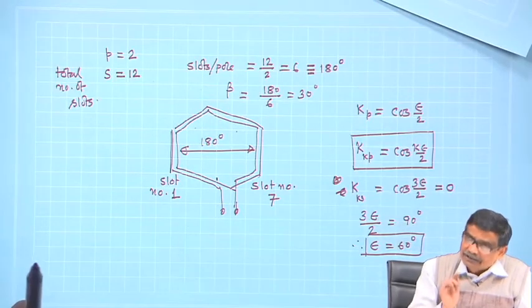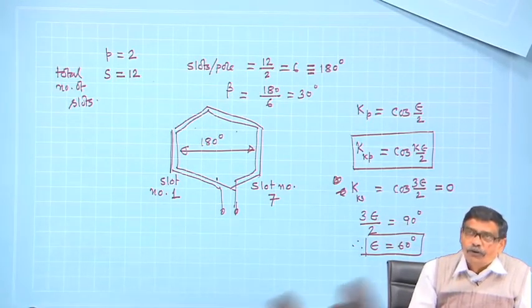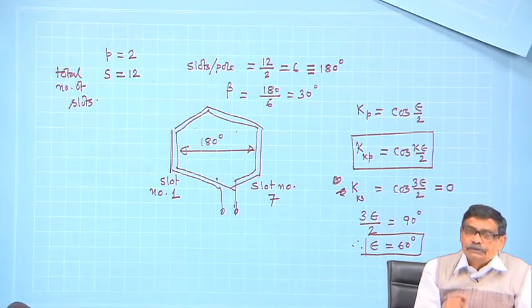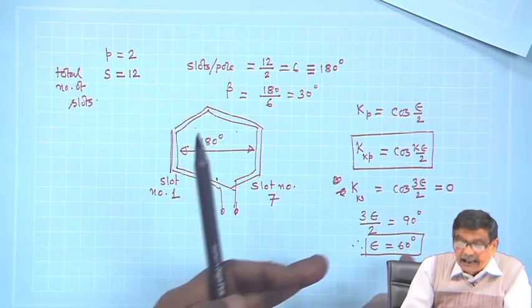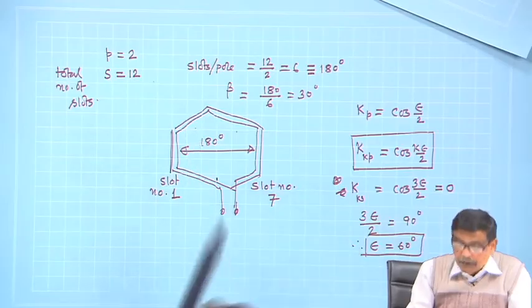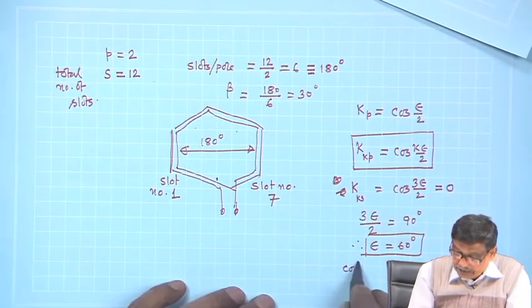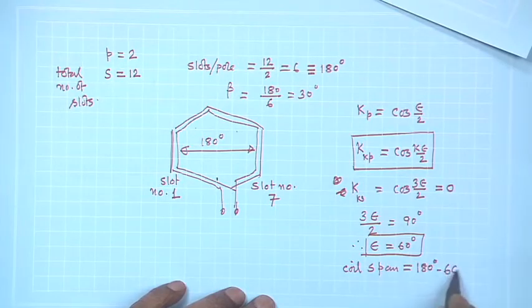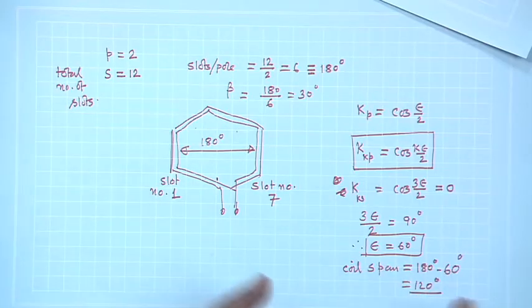In other words, what does that mean? Why will no voltage come? Because of that third harmonic poles, for this arrangement of the conductors, if you do like this coil span. So, coil span, make it 180 minus 60, and that is 120 degree, not 180 degree, 120 degree if you make, then okay, fundamental voltage will be reduced.